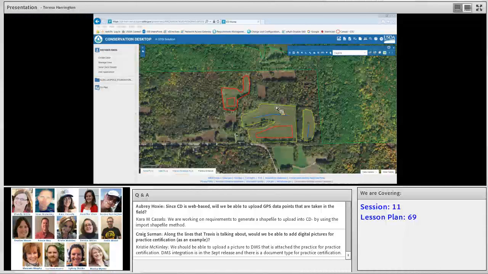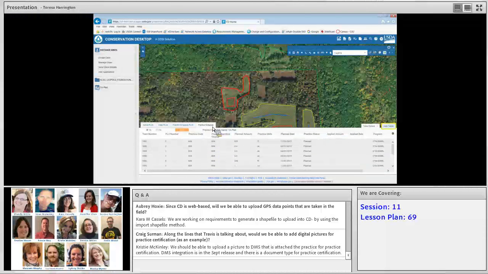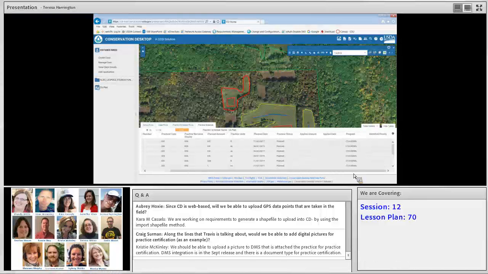So go ahead and click the Show Tables tab, and that will open up the practice schedule. And we're also under the practice schedule tab, so if you weren't, we would need that. You'll notice that it defaults to the TA view, and that is right on the left side. And much of the information is presented the same between both the TA and the FA views. And if you scroll to the right, you'll notice that the identified priority is under the TA view. Go ahead and click the FA